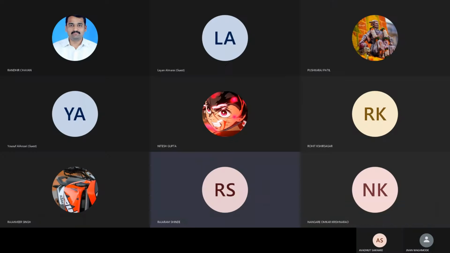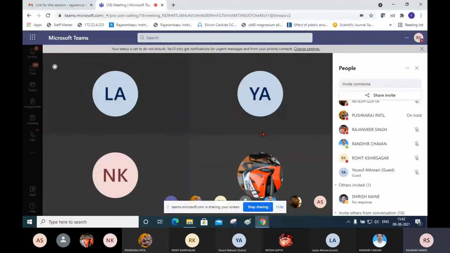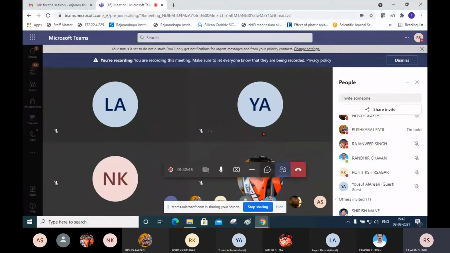I'm going to analyze the conjugate heat transfer. In this I will show you how we can simulate conduction in solid parts, and natural convection due to heated air. Here I'm going to model the heat dissipation from hot electronics components which are fitted in the PCB, that is printed circuit board.